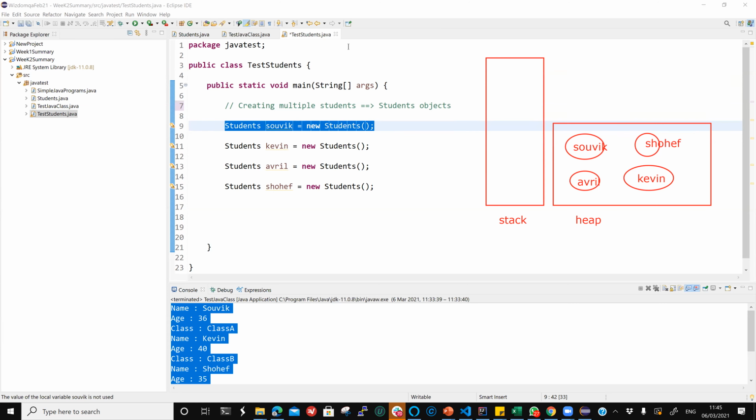How can I prove that? I can simply prove that by, again, debugging. Everything boils down to debugging, guys. Don't be shy of debugging. Don't be scared of debugging. That's the bread and butter for programmers. So please